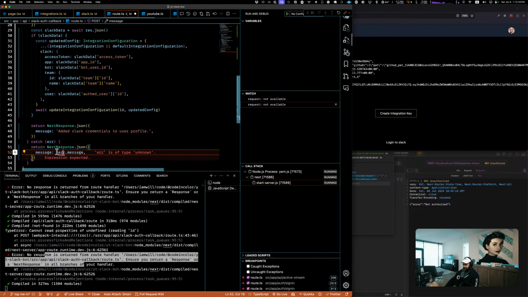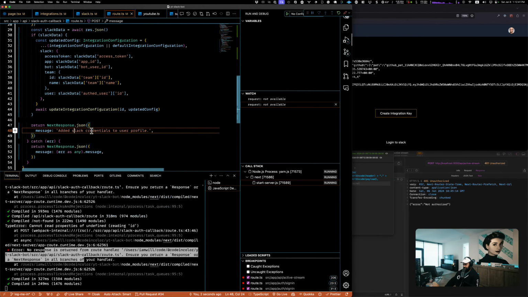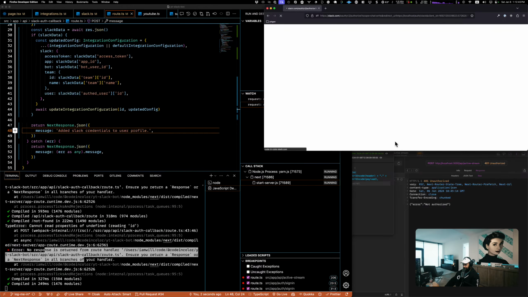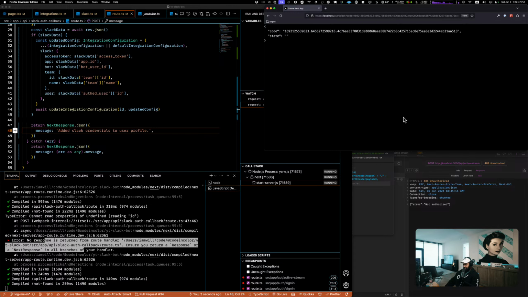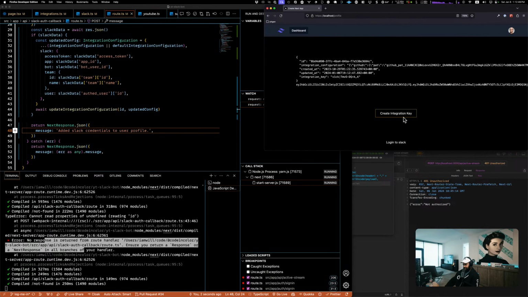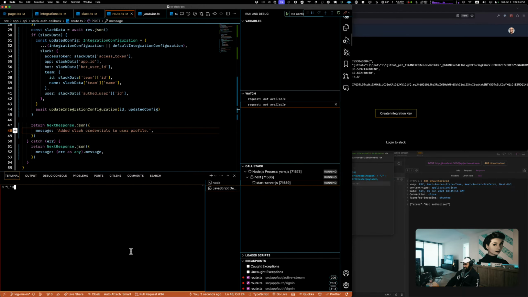Guys, I really hate this. I had to do this weird ass cast just to be able to do dot message. This is just for TypeScript. Only for TypeScript. It doesn't do anything for me. Just TypeScript. Okay. Perfect. So now we're no longer getting an error. Let's clear this. That's too much crap.